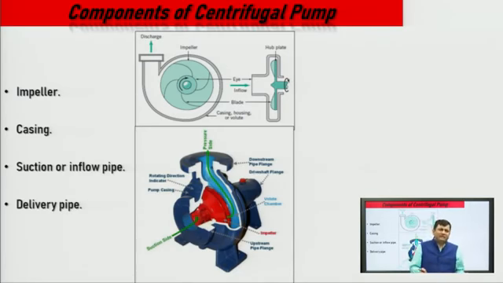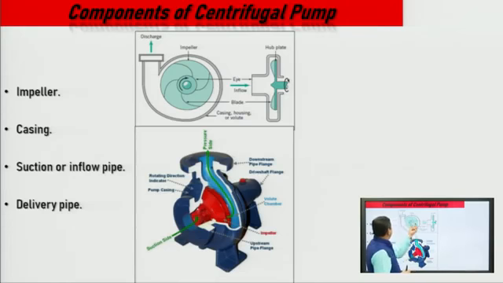We know the guide vanes, the backward vanes. Then there are the suction pipe and the delivery pipe. These are the major components of a centrifugal pump; there are many other components as well. If we see this figure of the centrifugal pump, the shaft is connected to an external source, such as an IC engine. This blade has more space, and more space means conversion of kinetic energy.